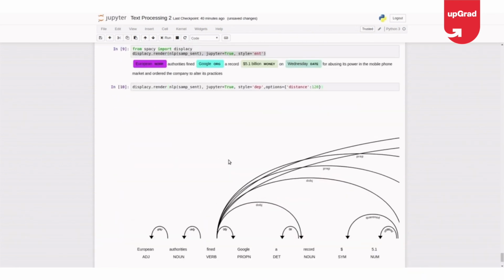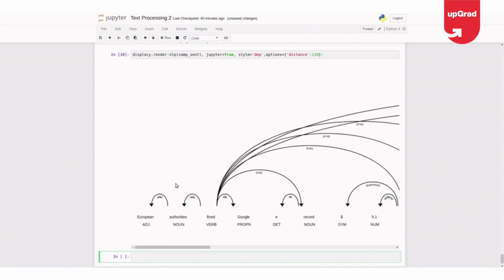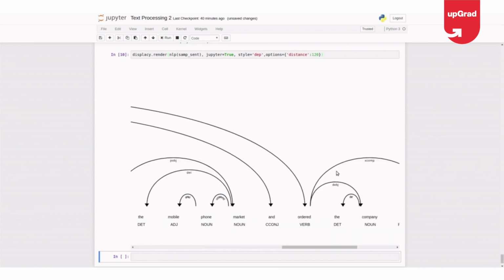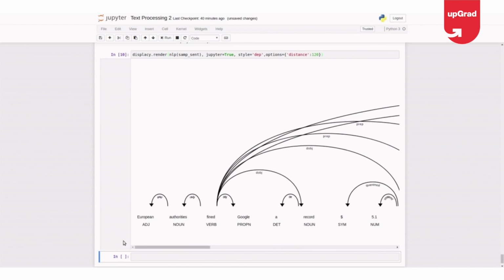So this is called dependency parser using displaCy, or spaCy rendering. Okay. So it says authorities is a noun. It's dependent on European, and fine is dependent on authorities, and fine also is dependent on Google. So this shows the dependency parse of different words in my text with respect to different POS tags or entities. I'll be explaining dependency parser in the further sections in detail. Here it's just rendering. If you want to explore, you can explore more.